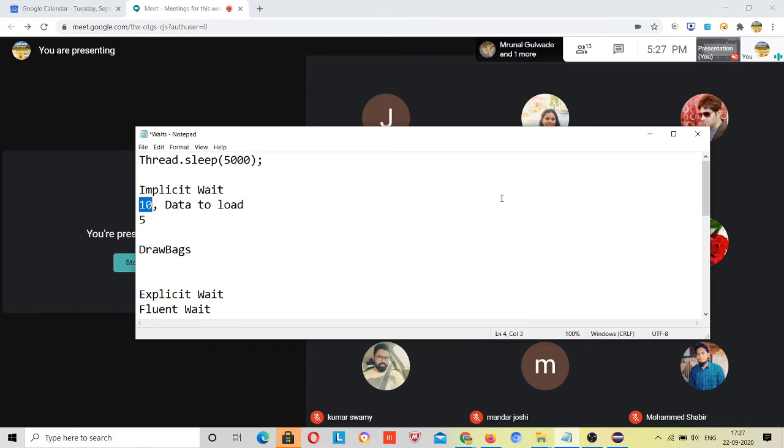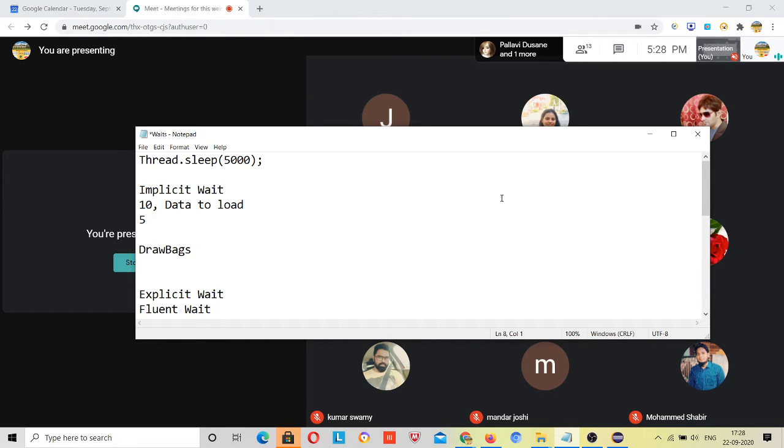But because we have applied implicit wait of 10 seconds, as the ideal time for other lines of code, we cannot change it, and it is applicable for that particular test case also, right?